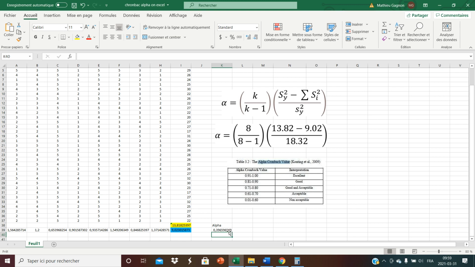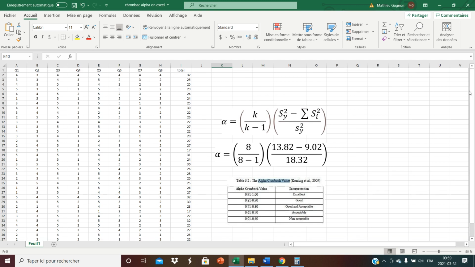So we have 0.40. This is non-acceptable, meaning that this data here is completely internally inconsistent. Donc, 0.40, les données que j'ai ici ont vraiment des gros problèmes de consistance interne. Okay? Now, we won't do this step, but just to let you know that, well, actually, I'll say this. If you wanted, you could try it.